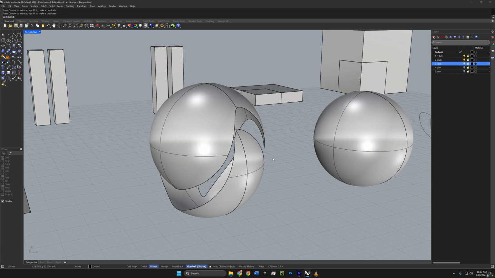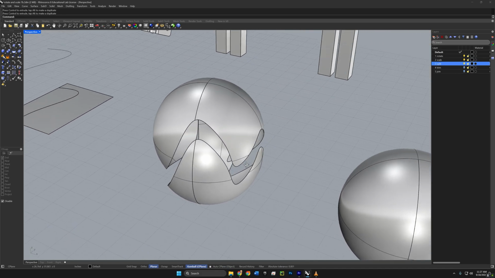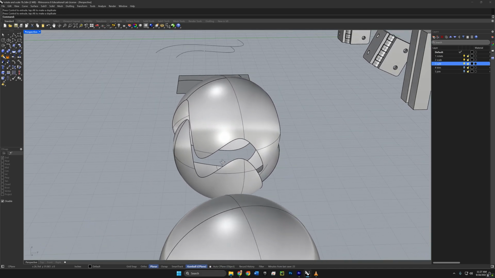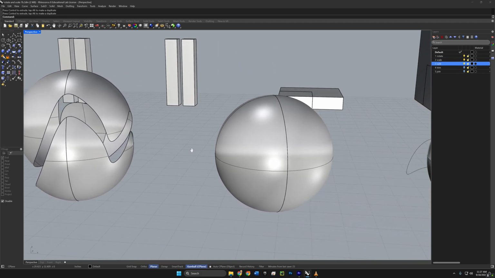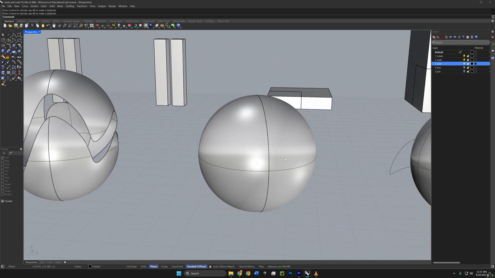But if we want to split a piece of geometry up in a way that can't be achieved with apparent intersections, we may need to interpolate a curve onto the surface and use that for the split. The way that works is we'll go up to the drop-down menu for the curves and select Interpolate Curve on the surface. And the command line is telling us to select the surface to draw on, so we'll click on